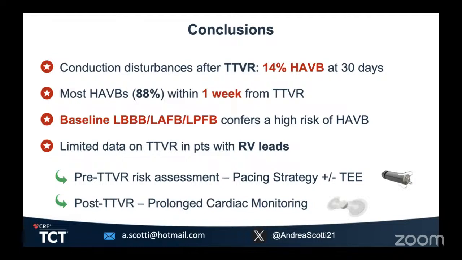And very limited data exists in patients undergoing TTVR with pre-existing right ventricular leads, like in dual chamber pacemakers. So it's very important for the future to perform dedicated risk assessment in these patients, doing this procedure already with a backup pacing strategy, such as a leadless pacemaker,